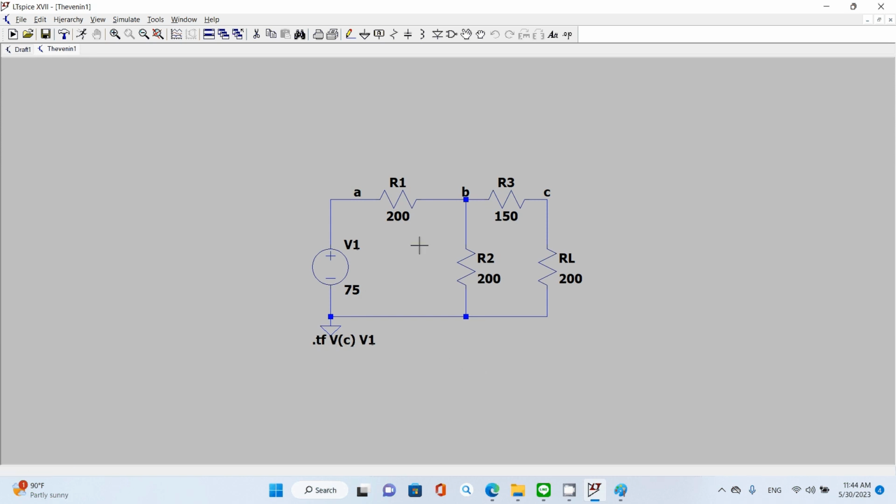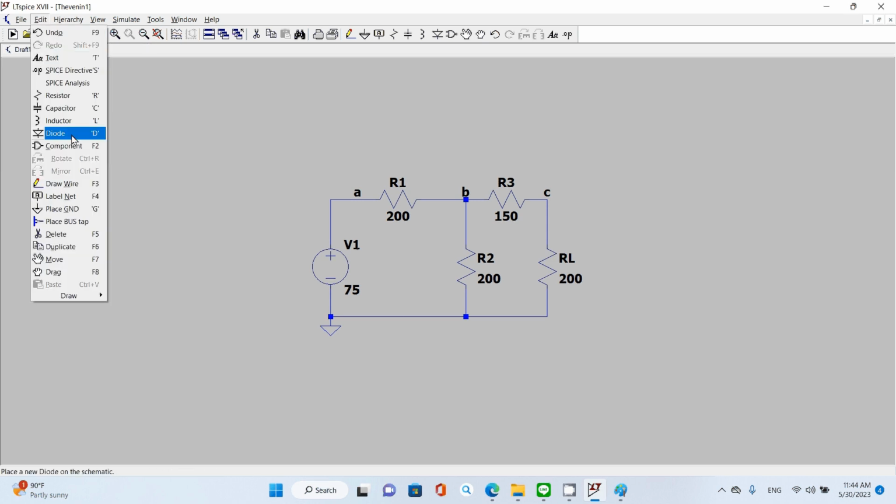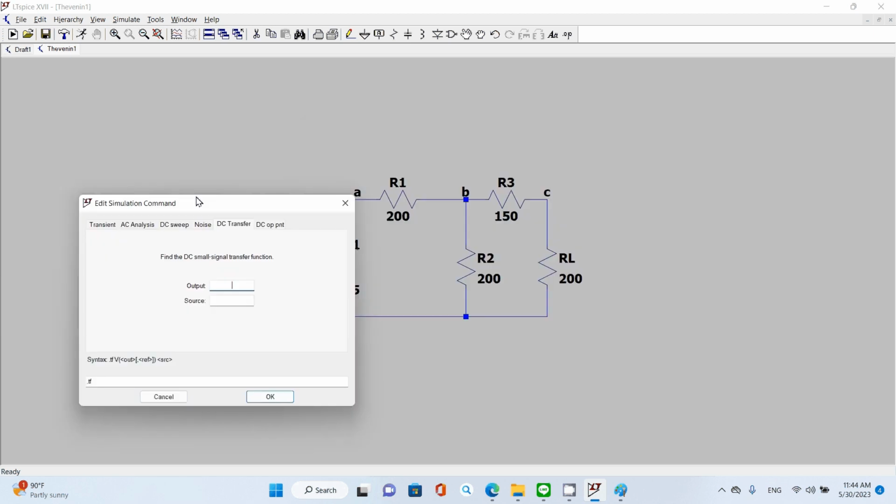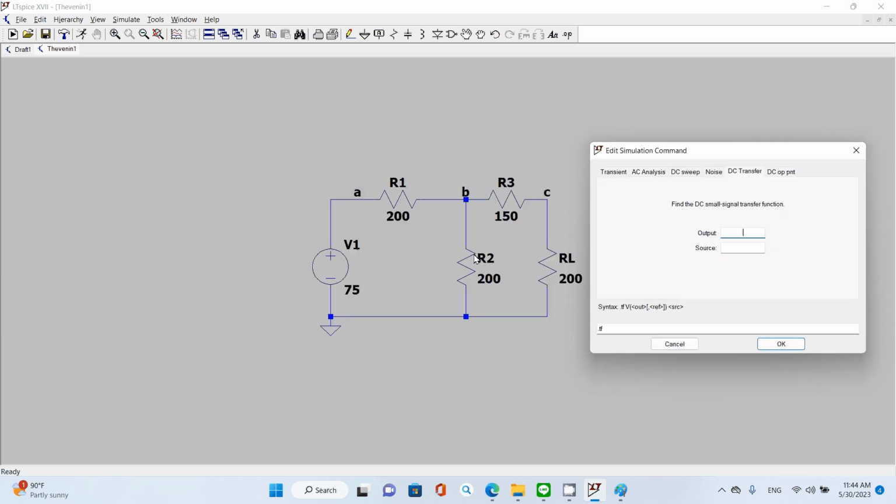For step number 2, you're looking for the output resistance. So the command that you're looking for is, I'll start over again. I remove this one, and you go to Edit, you go to LTspice analysis, and you do DC transfer. So when you're looking for output resistance, you need to put your output